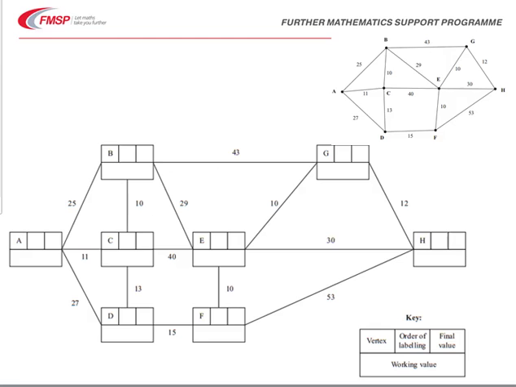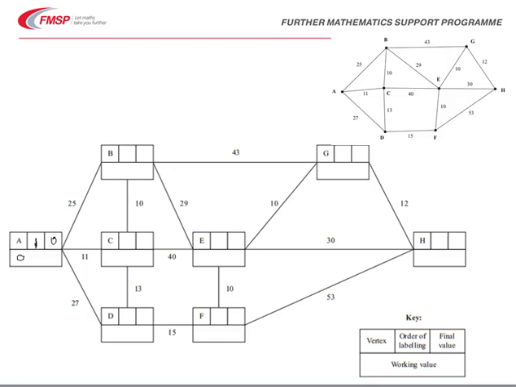Well, in the answer booklet there is a standard diagram for us to fill out for Dijkstra's algorithm. So this is one where we have to put in labeling with working values on each of the nodes to start off with. Now we're starting at A, so its working value is going to be 0, and this will then be the first point to be labeled, and we'll have a final value of 0. We then work forward from there,